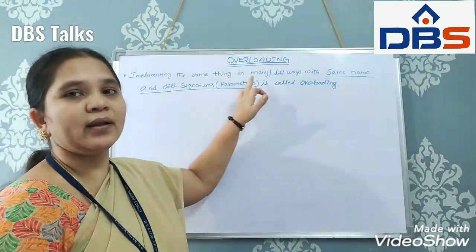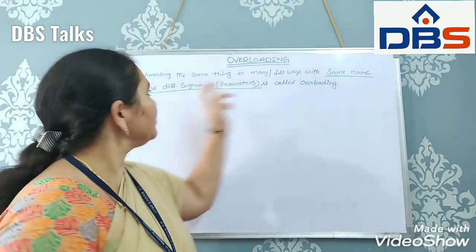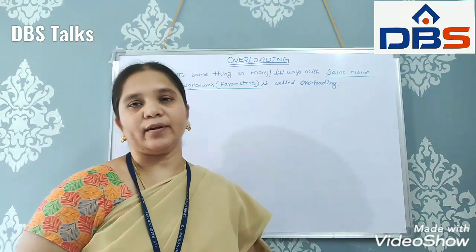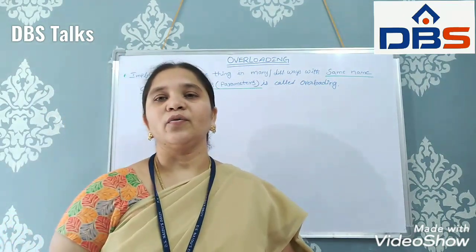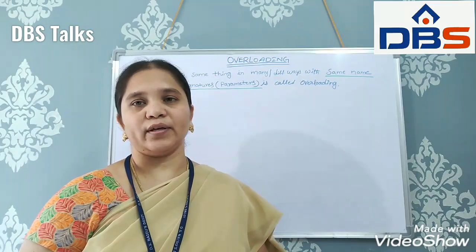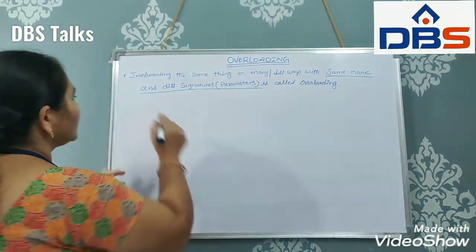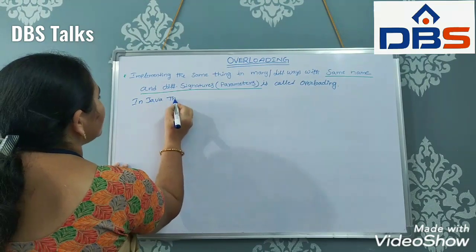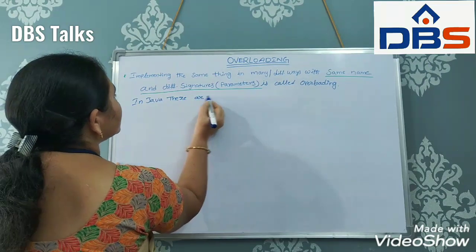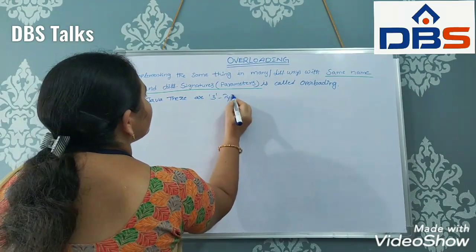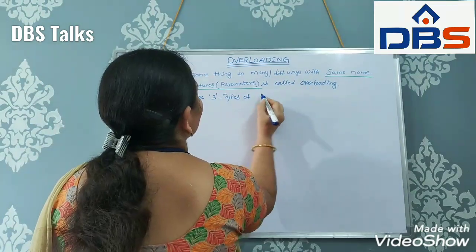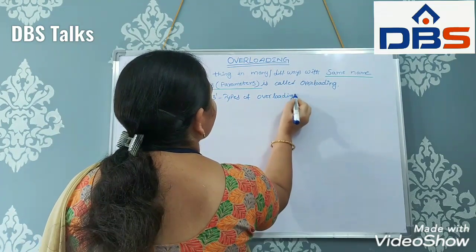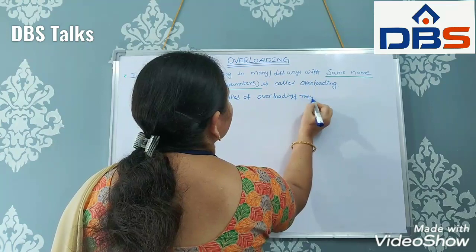Implementing the same thing in many different ways with the same name and different signatures, meaning parameters, is called overloading. Generally in Java we are using three types of overloadings. How many types? Three types. In Java there are three types of overloadings. They are,